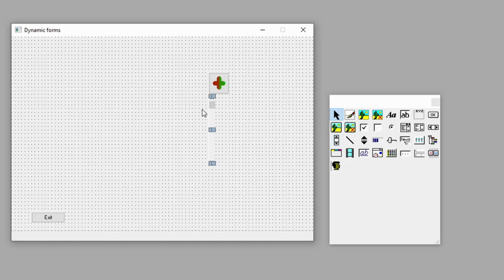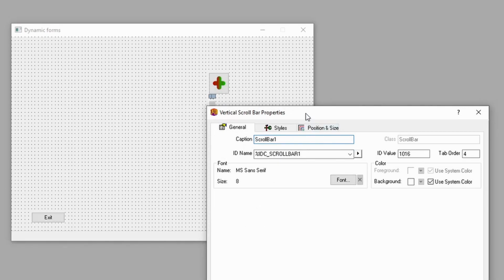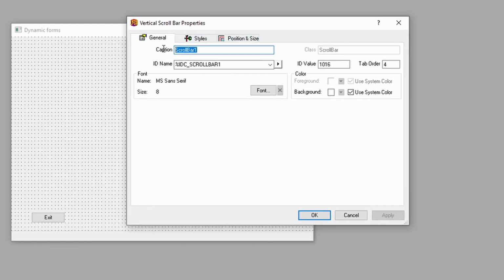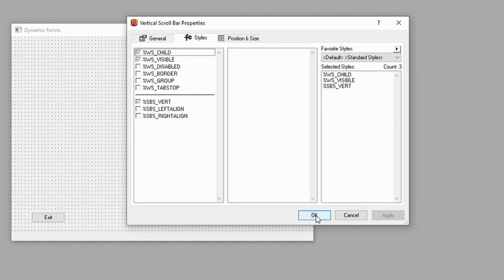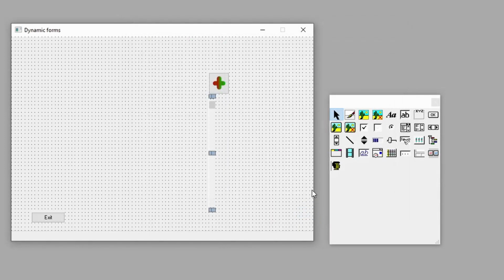So we've created the scroll bar on the screen. Let's just extend it down slightly and have a look at its properties. Now the scroll bar naturally has a caption and a name. We're going to leave all the standard default properties as they are. If we just save this and go back to our form